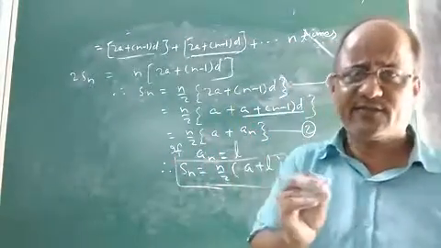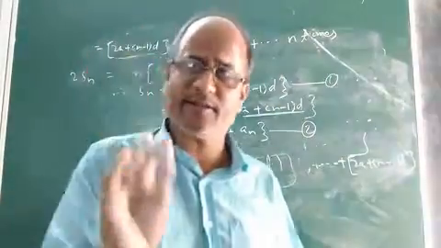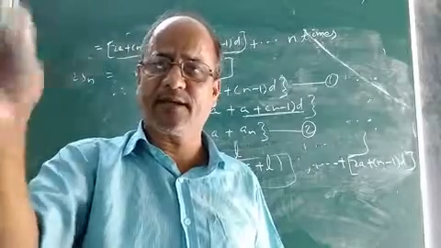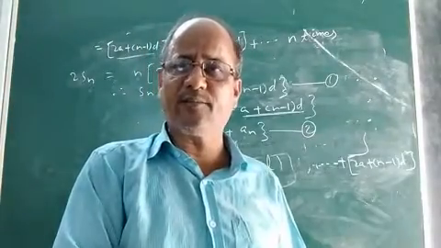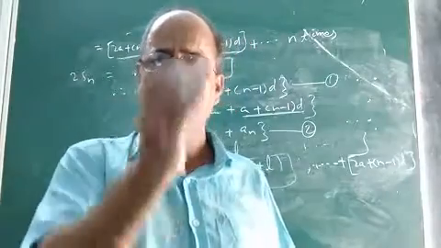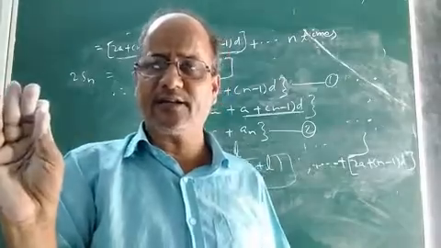So with this we completed everything about arithmetic progression. I am summarizing from the beginning. I discussed what is a sequence, then what is an arithmetic progression, what is its general form, the first term, second term, third term, and what is the common difference. Everything in detail I discussed.